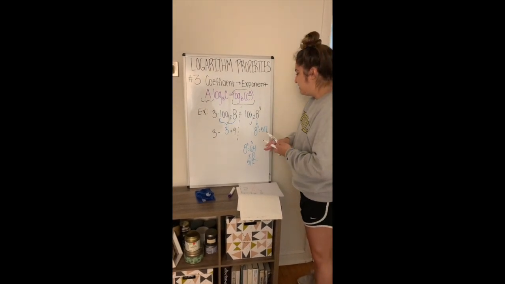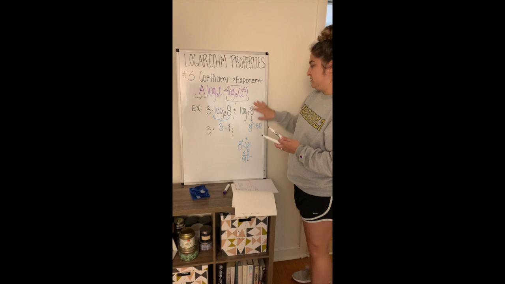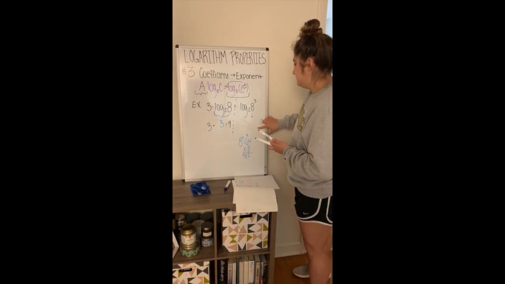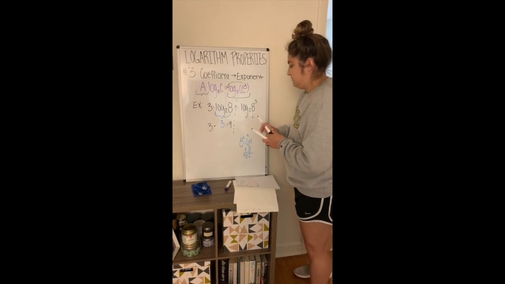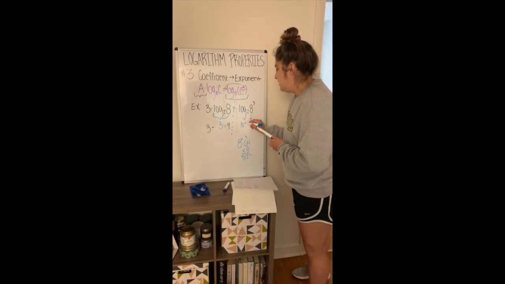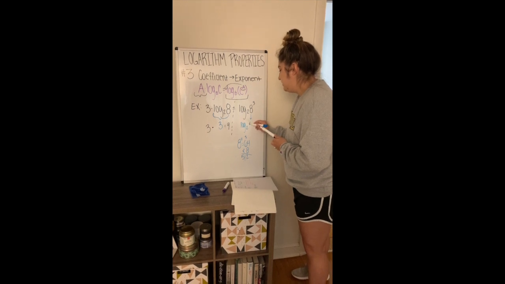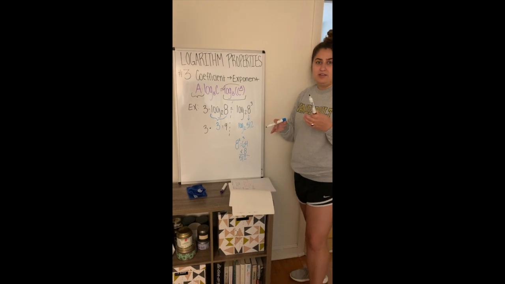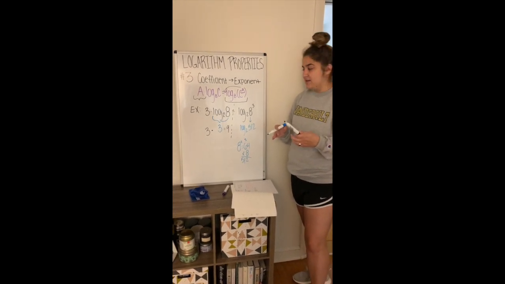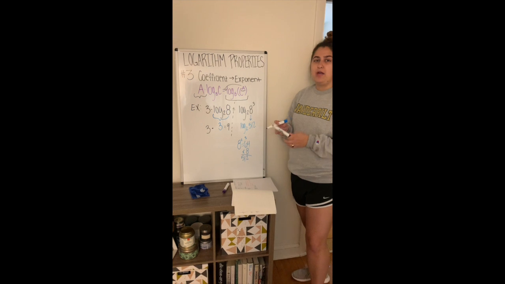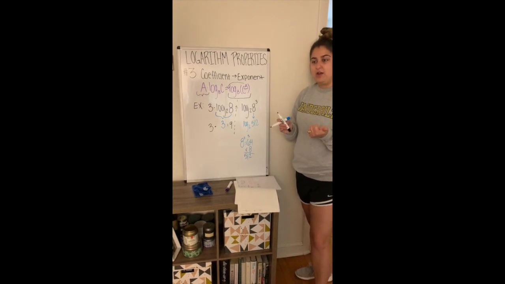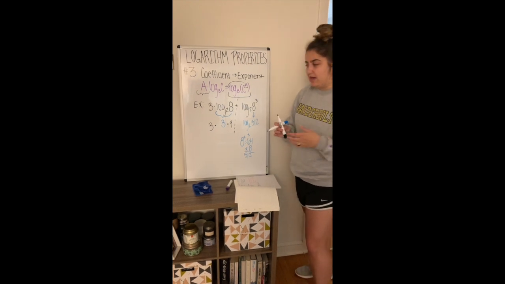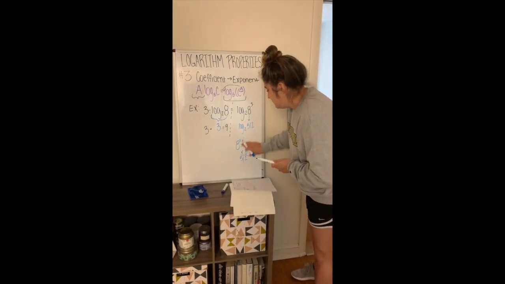Okay, so we can rewrite this whole logarithm, I'll do it in blue, as log base 2 of 512. So we need to figure out 2 to the what power gives me 512, okay? So you can use a calculator if you want to work backwards, like 2 times 2 is 4, 4 times 2 is 8, and keep going all the way up to 512. You're more than welcome to do that. But I'm going to tell you